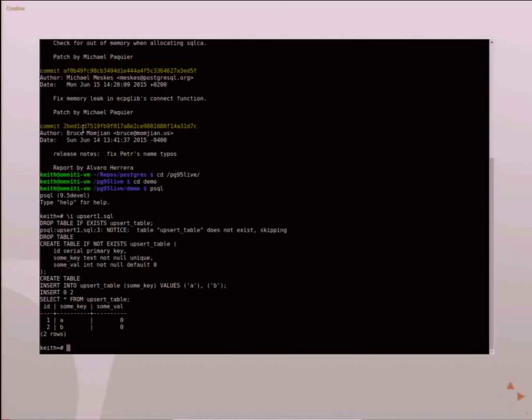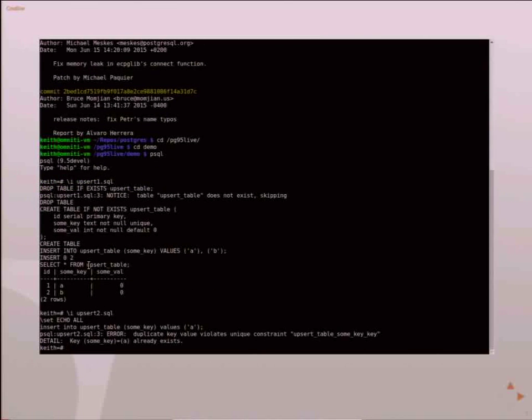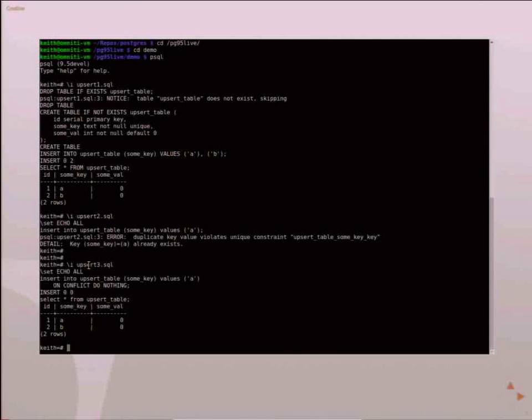First, a little setup here. I just have a plain table with two columns, A and B, with a primary key. So the first thing you usually try to do is try to insert a duplicate value. You usually get your typical duplicate key error. So what upsert will do for you is the first thing you can do: if you run into a duplicate, you just want it to do nothing. So you say ON CONFLICT DO NOTHING.